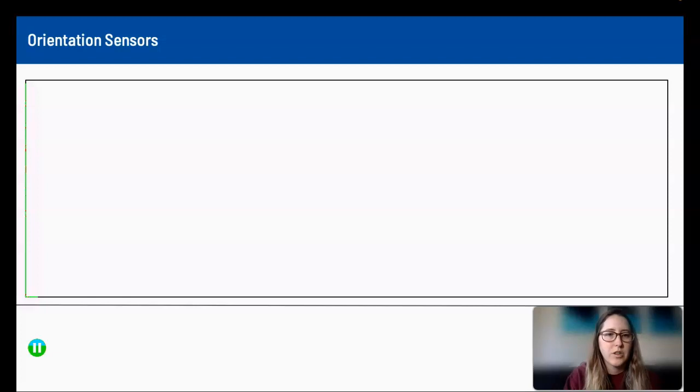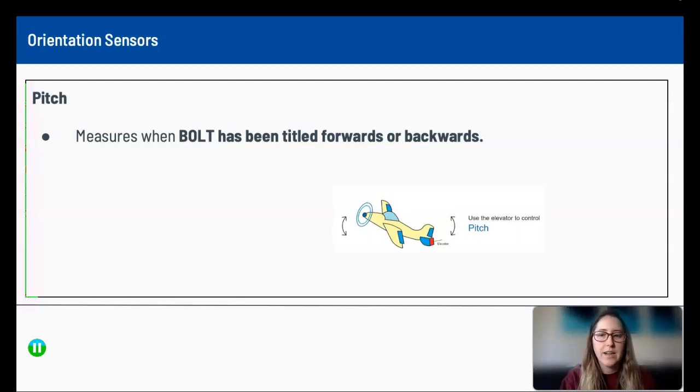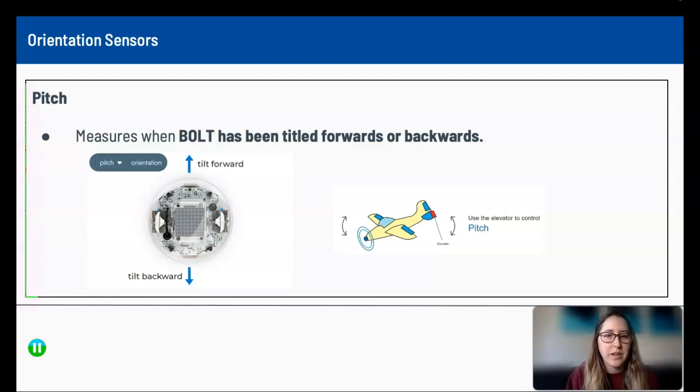So to get started, you need to know what orientation sensors are, and the specific ones that we're using for this lesson are things like pitch, which measures when the bolt is being tilted forwards and backwards. You can think of this like in an airplane. When an airplane is ascending or descending, the nose of the plane is pitched upwards or pitched downwards. The same thing happens in a SpheroBolt. You can tilt the Sphero forward or you can tilt it backwards,